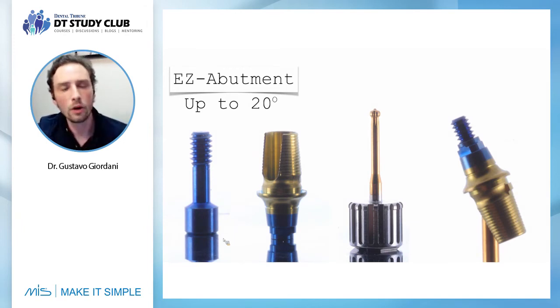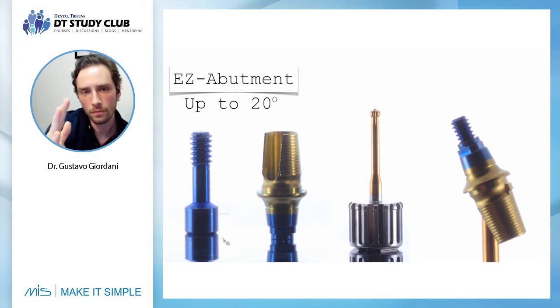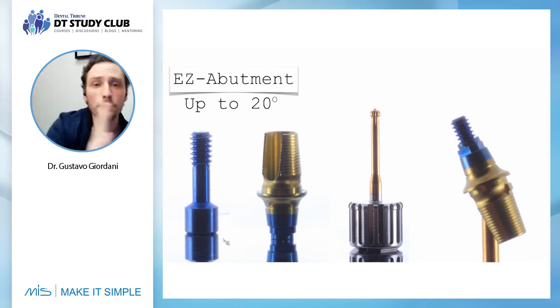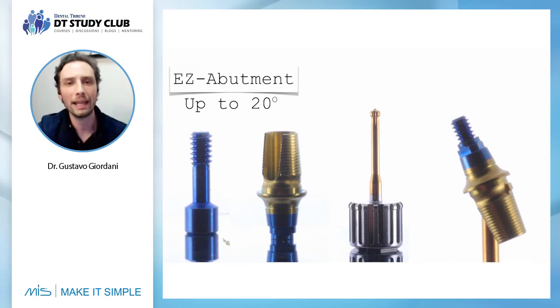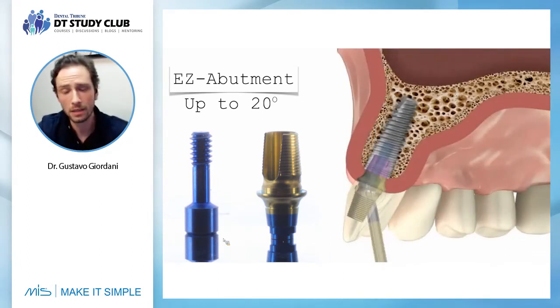But when you work with a system like MIS, you have this easy abutment, and you can plan the implant in the incisal direction, and you know that you're going to use the easy abutment to change the position of your screw, and you can change up to 20 degrees. So you can plan like this, place your implant perfectly inside the bone, and then you just use the easy abutment to correct the angulation, because sometimes you have these situations and it's not possible to place the implant in the palatal direction and have a very good